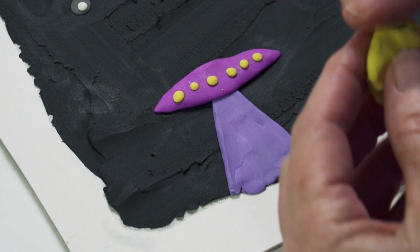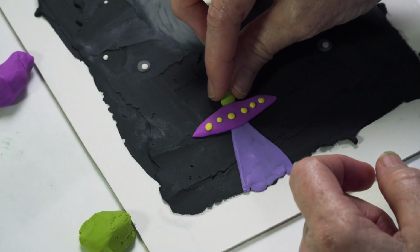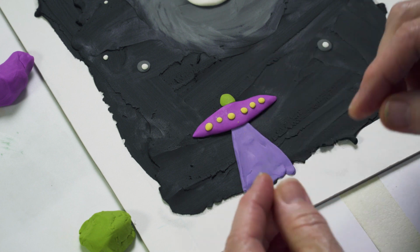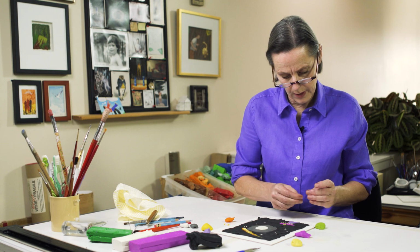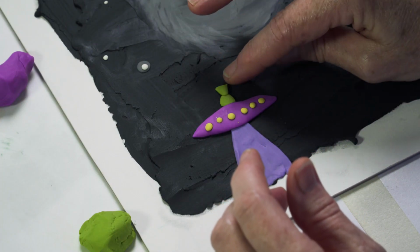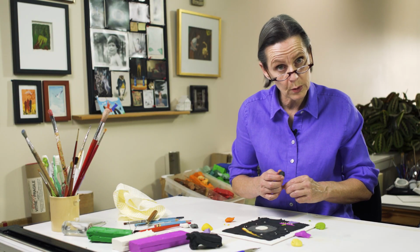And of course, my alien is going to be green. I'm going to put his body right in the middle. He's driving this ship. And he's got one of those alien heads, I guess. You know, they're kind of a triangle shape. We'll put his little triangle head there. We'll give him 2 eyes. They might have 6, but I'm just going to give him 2. Very little